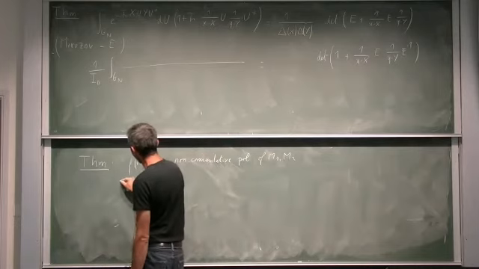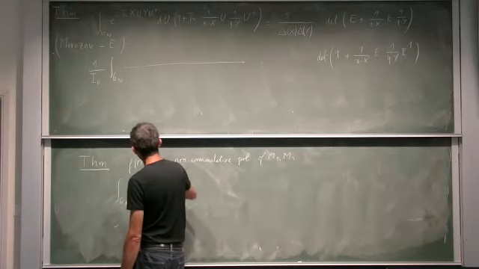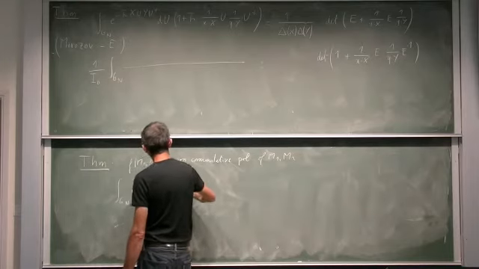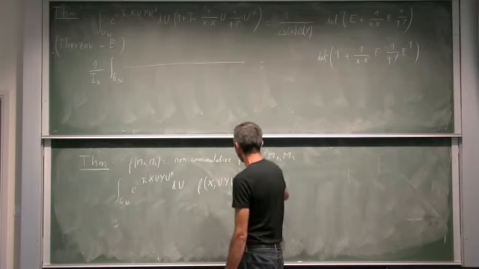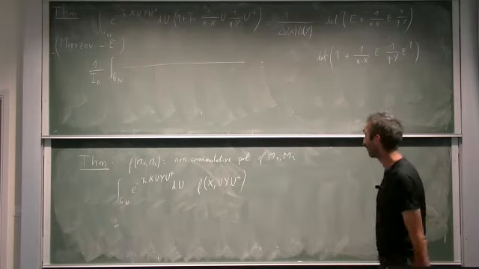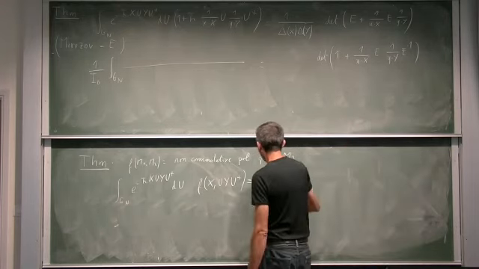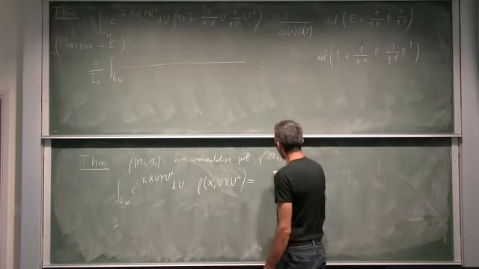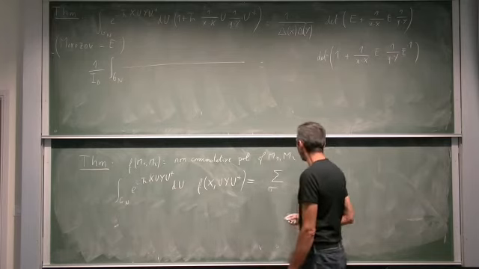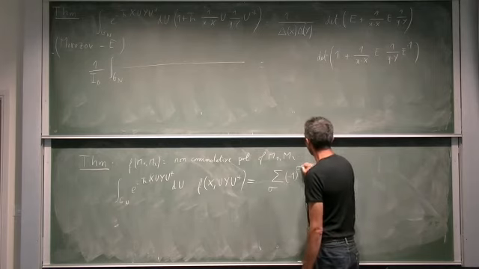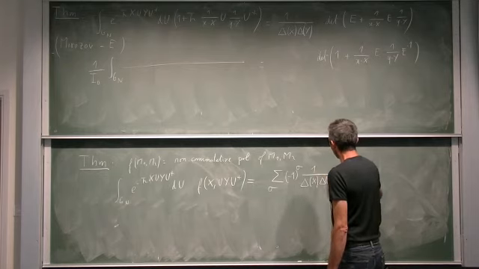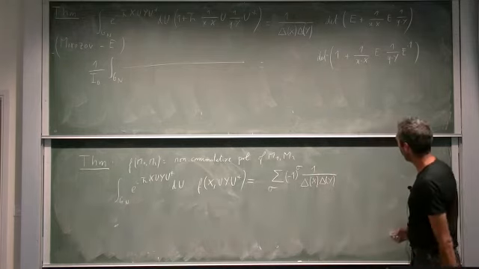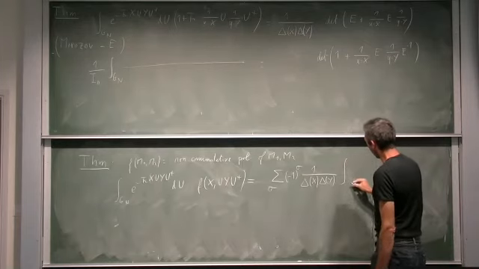But we have a theorem: the integral over Gn of exponential minus trace of u x u y u dagger du, times f of x, u y u dagger. And typically all our expectation values are of that type. Then the theorem is that this is equal to the sum over permutations sigma, minus 1 to the power the sign, delta of x delta of y, times the integral over